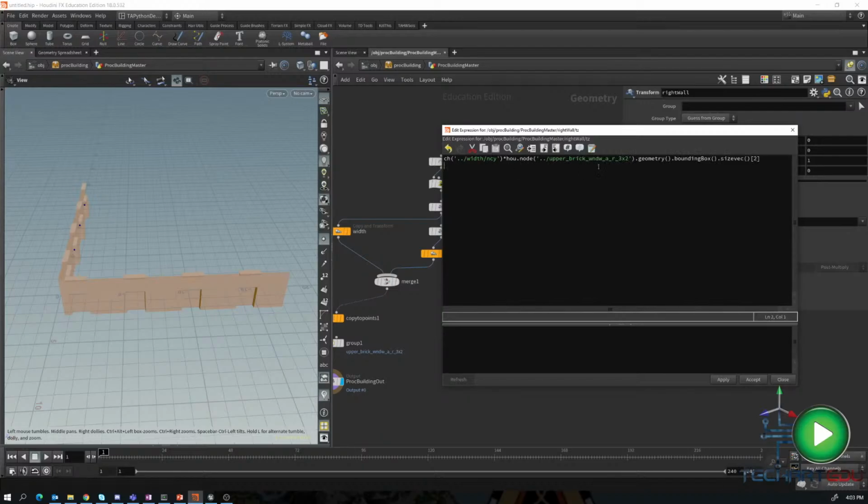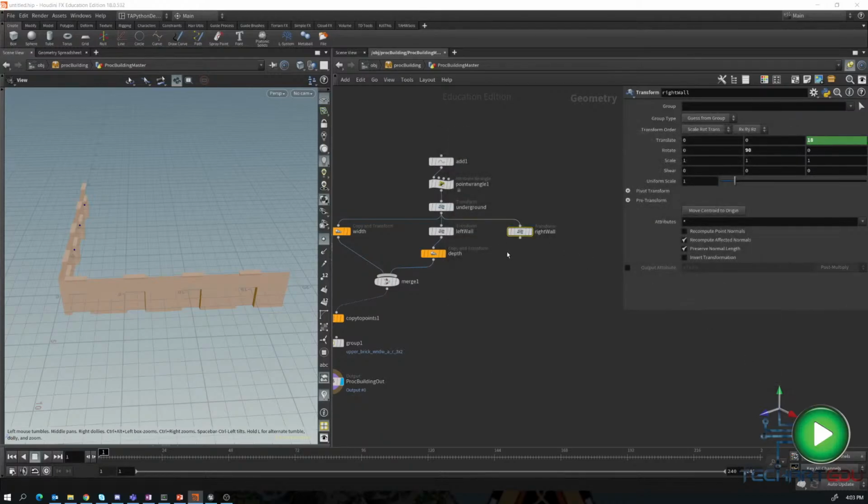So it's the hou node times the hou node, geometry, bounding box, size vec2. Okay, and we rotated it at 90, so let me apply. That seems to have worked. I click accept. All right, so if I was to throw this into the merge here,